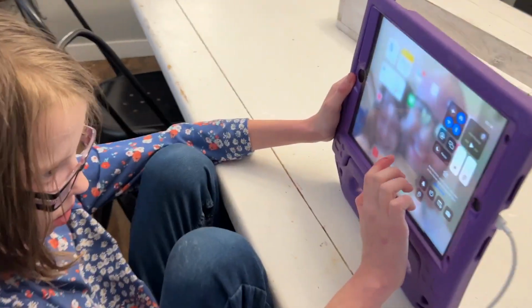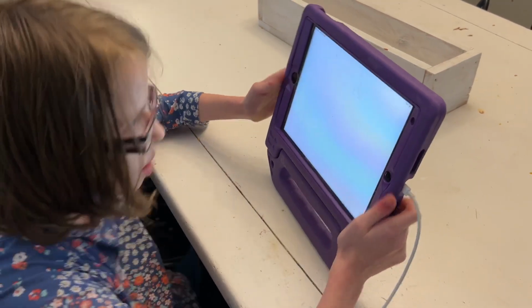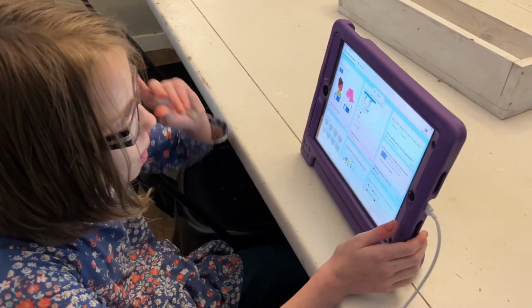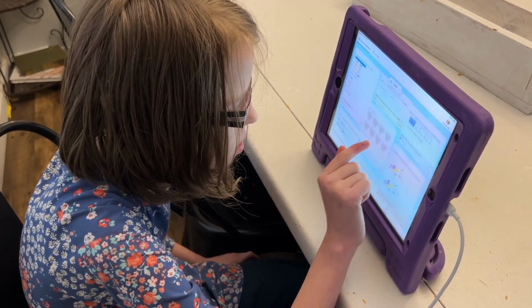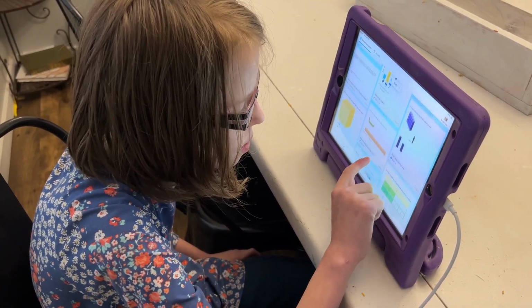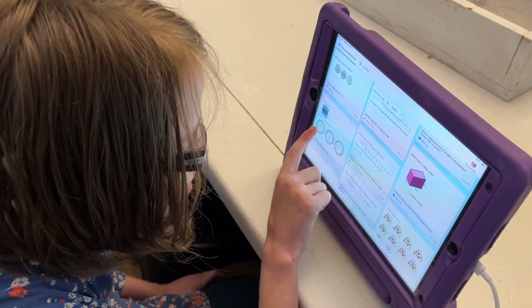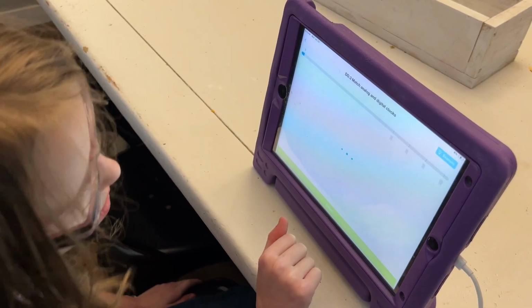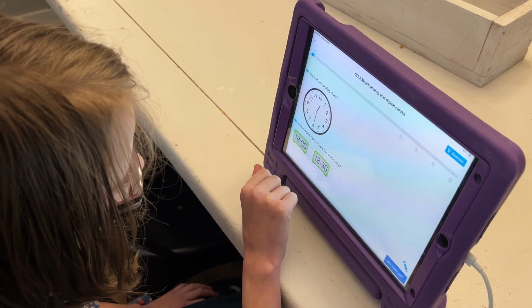we go to iExcel. iExcel is an app that she can utilize on her tablet, and it tests to see where she's at and what things she struggles with or needs additional repetition or maybe needs to be introduced to. With this program, she takes these assessments and then it gives her problems and areas where she needs help. So she's worked on everything from different kinds of poetry, rhyming. She has worked on basic spelling principles or grammar principles. It gives her math problems to help reiterate things like time and money, which are really, really hard for her. And especially with her specific genetic disorder, that can be a big challenge for a lot of kids to